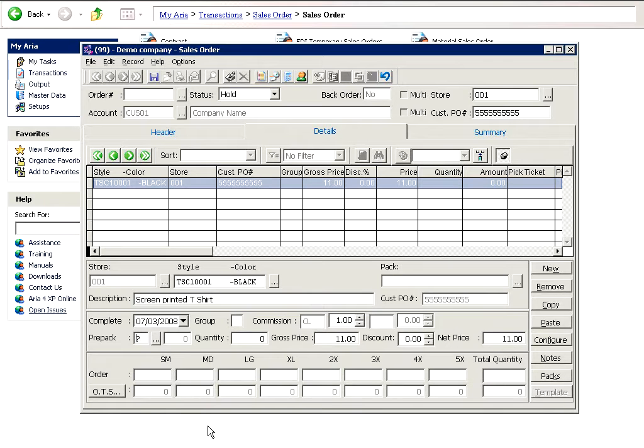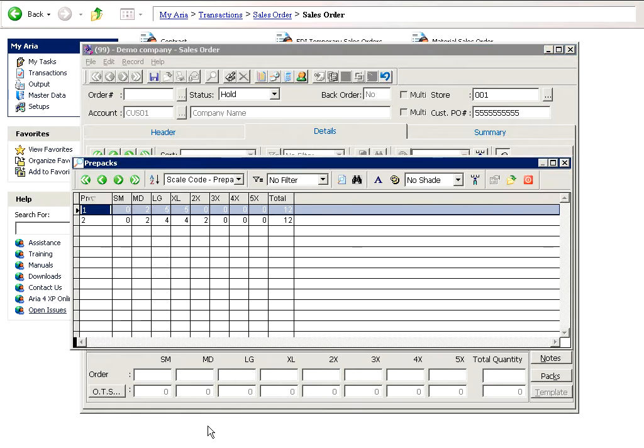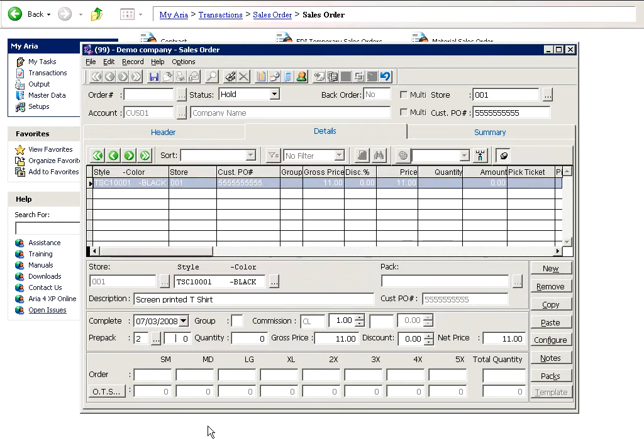If you are selling by a pre-pack, then you would be able to select the pre-pack here. I am selling by this type of pre-pack, and I'm just simply selling 2 packs based on that, and I'm pressing the enter key right now, so Aria fills in the breakdown for you, right? Or you can bypass the pre-packs completely,